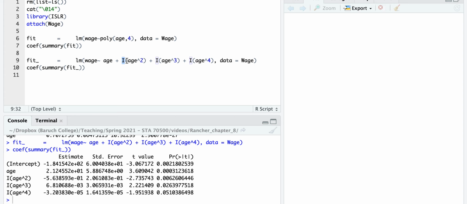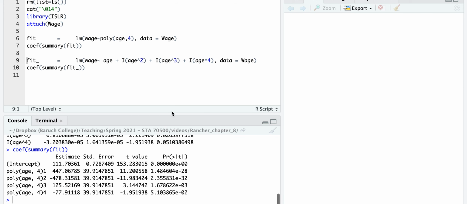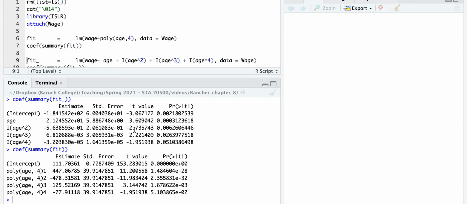This is not the indicator function. This is a different way of fitting a polynomial of degree 4. And now you may ask then, why are the coefficients different? And the reason is that